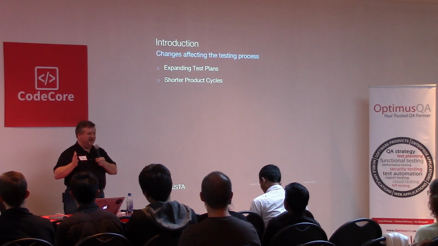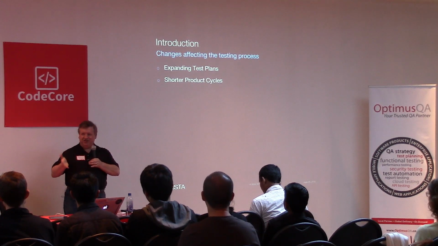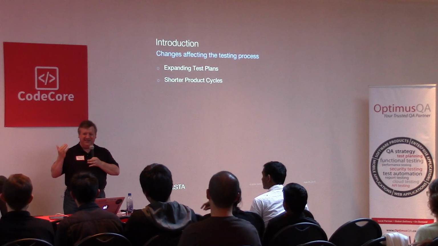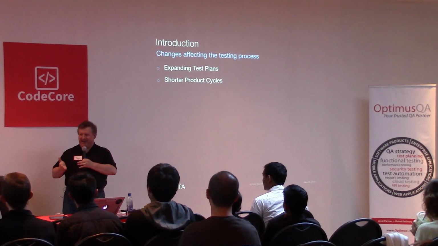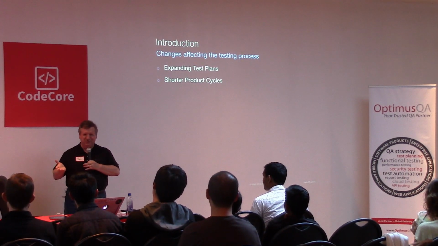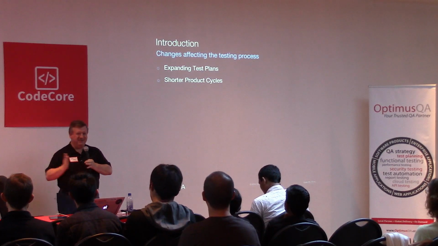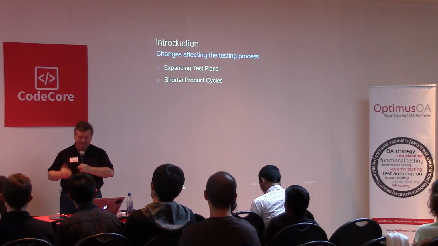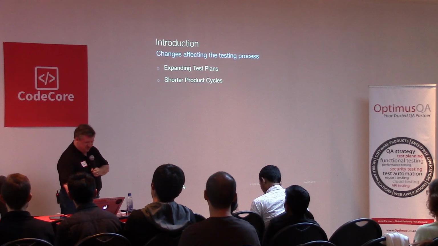How many people are working at companies with a sprint that is just 2 weeks long? Anybody trained? So in 2 weeks, you know, there's only 10 working days. Well, if you count the weekend, you've got 14 working days. So, you know, and what always gets squeezed the tightest? Quality. You know, the engineers take a little bit longer to build a feature, so these shorter product cycles are